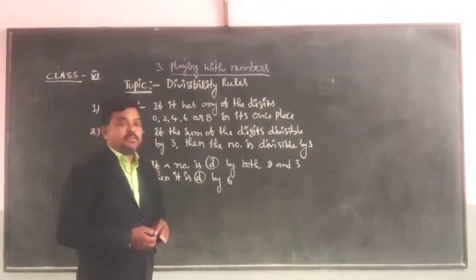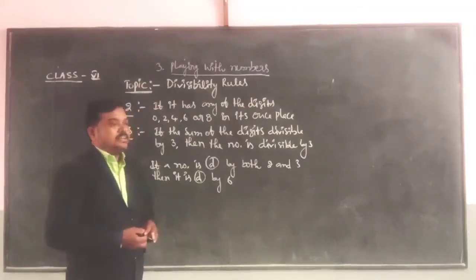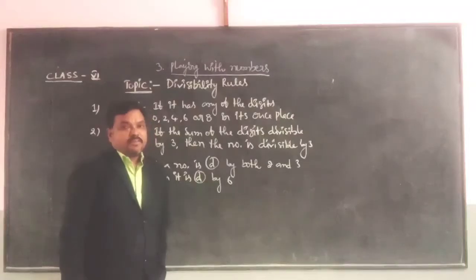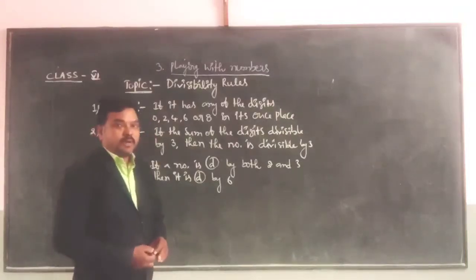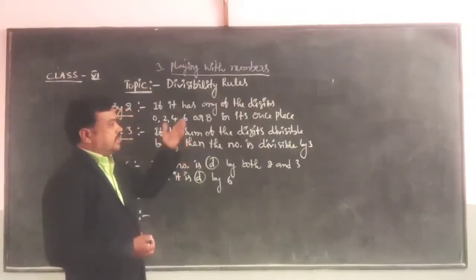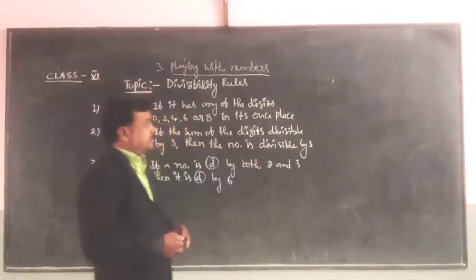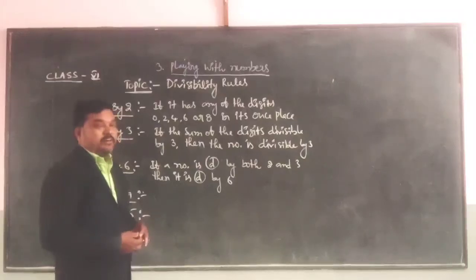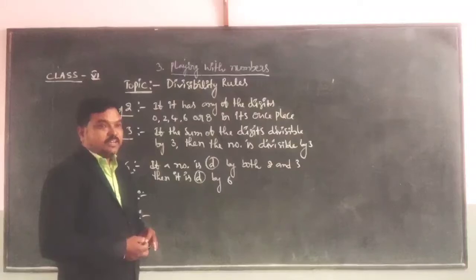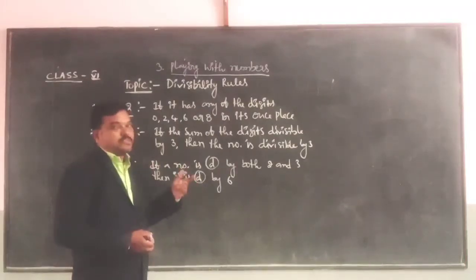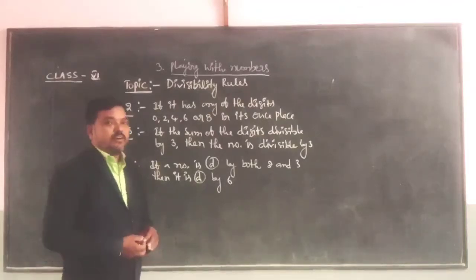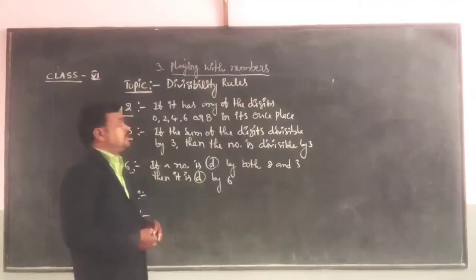Before that, why do we have to use these divisibility rules? Actually, we have to divide, and we know the divisions. What is the common division when we are dividing one number by another number? When we are getting the remainder 0, then we write the quotient and remainder. Here, why do we have to use these divisibility rules? Without doing actual division, we can say that the given number is divisible exactly by another number. In that case, we have to use these divisibility rules.